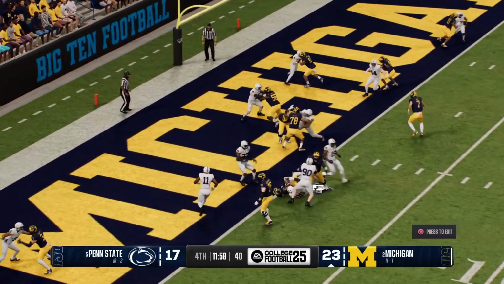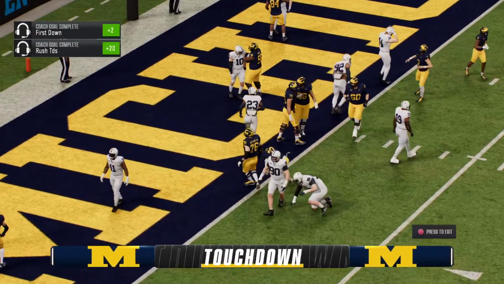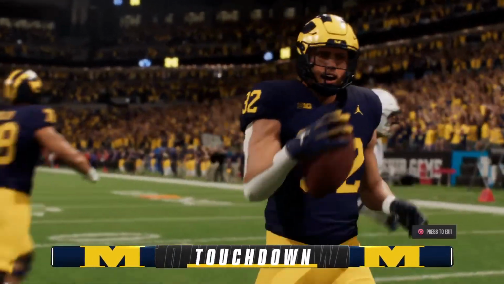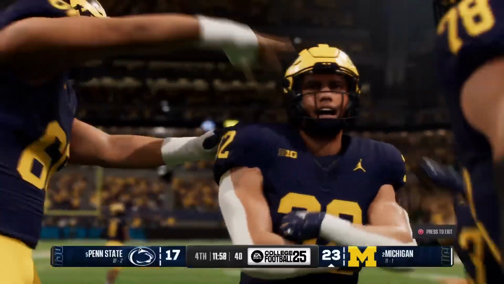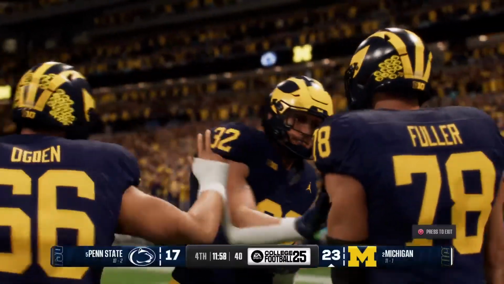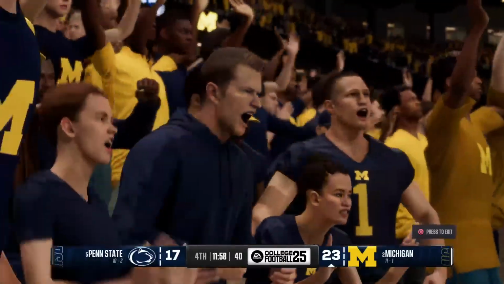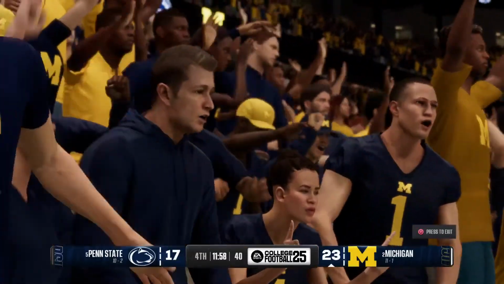Keep it on the ground on 1st and goal. Touchdown, Wolverines. And they take the lead in the fourth quarter. Man, that's another touchdown for this guy. This defense better adjust and get eyes into that backfield, or he may go for a third or a fourth later today.